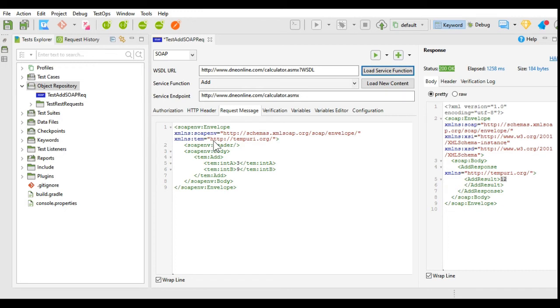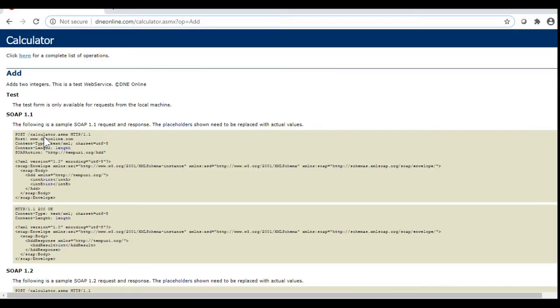Then let's look at what the WSDL is and why it is used for SOAP. SOAP is an XML based protocol that I have already explained to you, and it allows the exchange of information between applications. And WSDL, that is Web Services Description Language, is an XML based document that describes the web service, its format, its input parameters, response, etc. Let's go and check in the dneonline.com website.